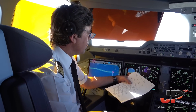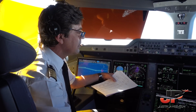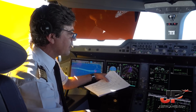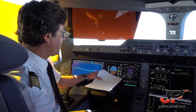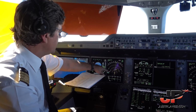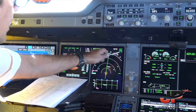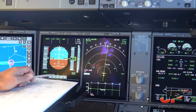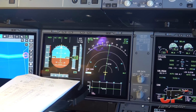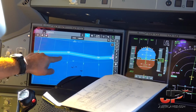Now, they are probably going to send us some message to let us know that we are in contact via data link. This is the entry point, DETOX. We are still 28 miles out, but when we cross this point, we will be in the North Atlantic airspace. Here you can see